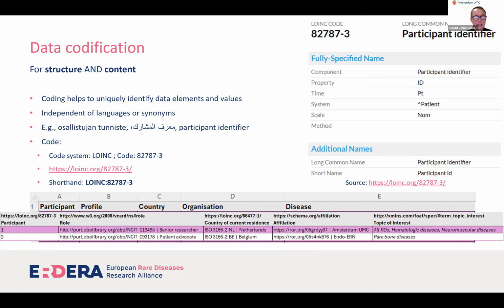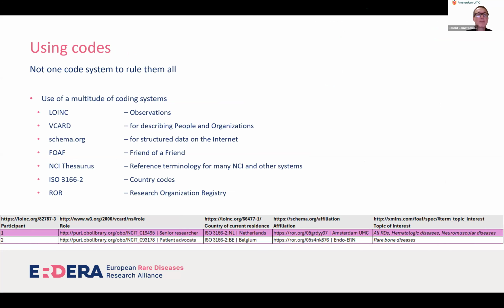So if we take these steps and we codify all of the column headings, or row one, if you will, the data element names, and we codify as much as possible all these categorical values in our data set, then we have maximally codified a data set. And what you may have seen from this example is that, well, there's definitely not one system to rule them all.